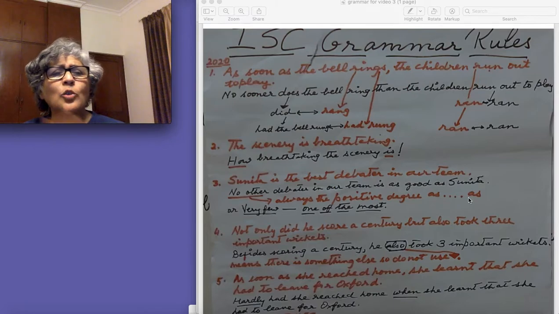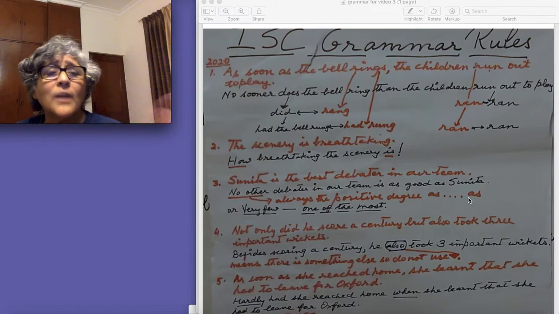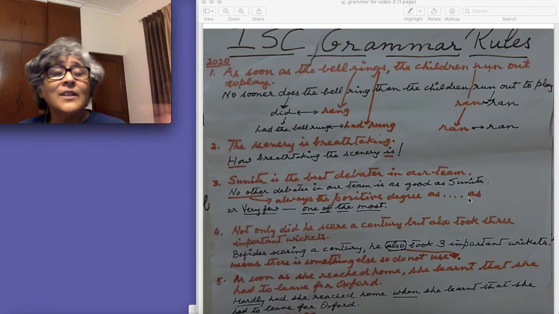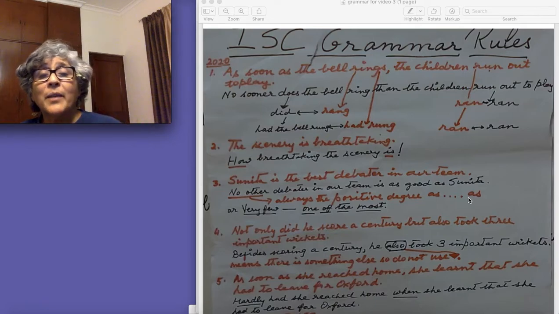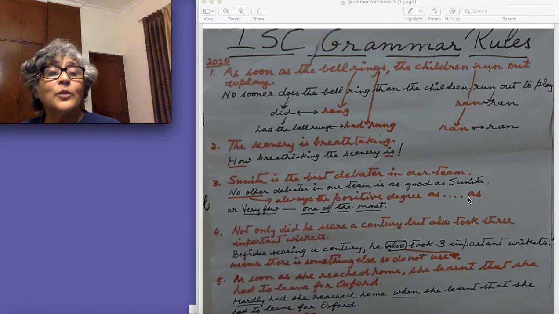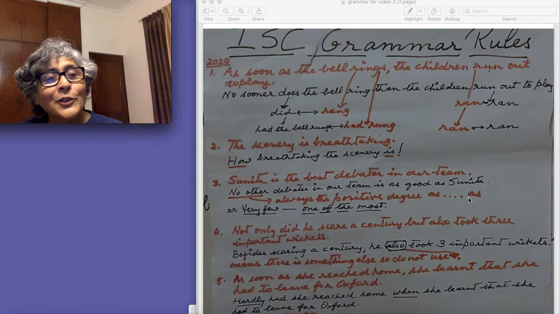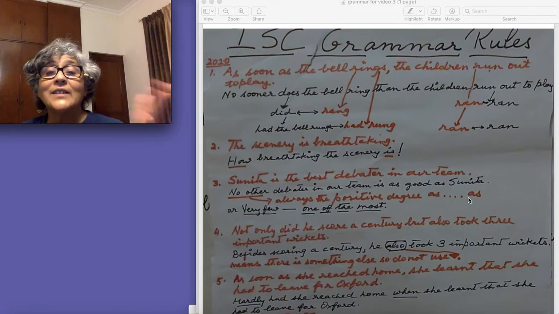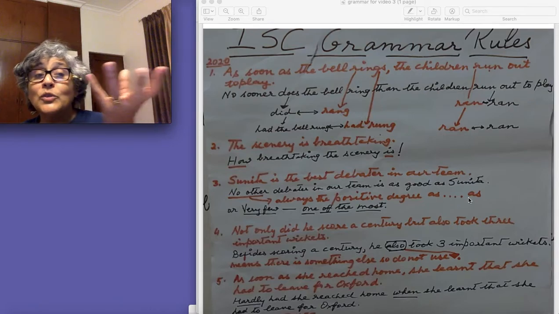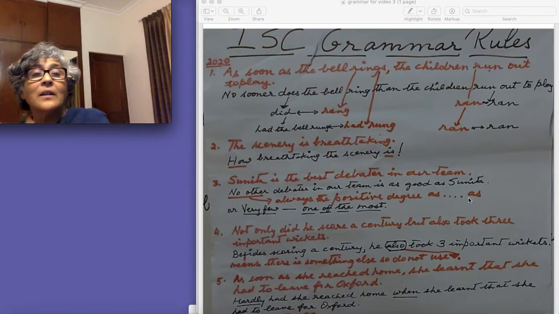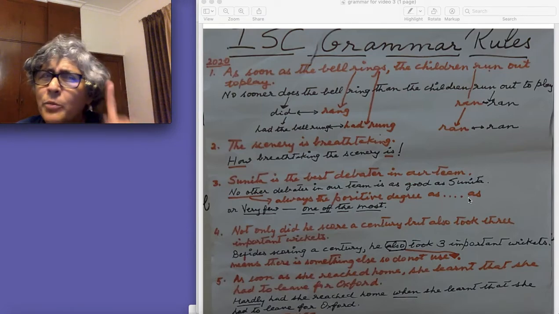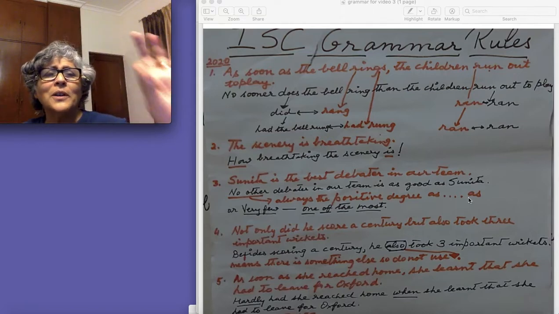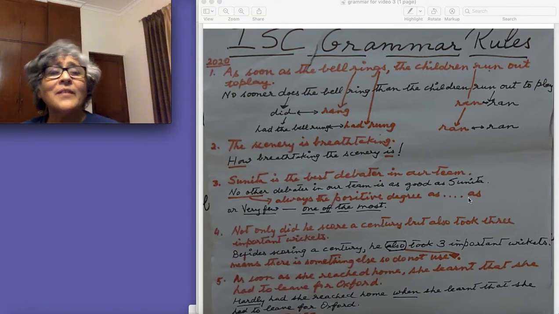Many times students ask how do we know which degree to change? You see "no other," you know it's a positive degree. Suppose you get a sentence, no other debater in our team is as good as Sunita, and you begin with Sunita. If it's a superlative, then Sunita is the best debater in our team. Suppose you write Sunita is better than most of the other debaters in our team. It's too complicated. It won't be wrong, but it's always best to make it into a superlative unless the sentence